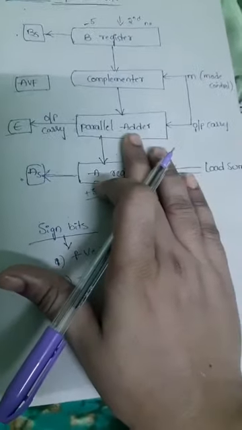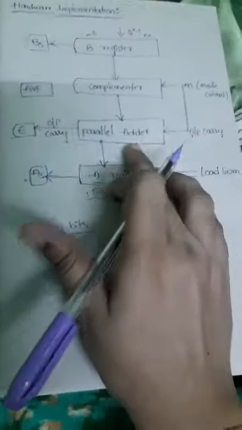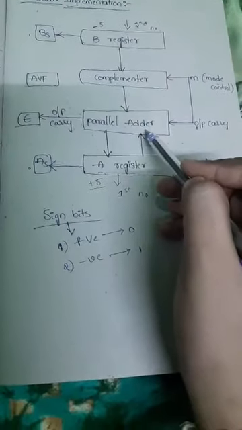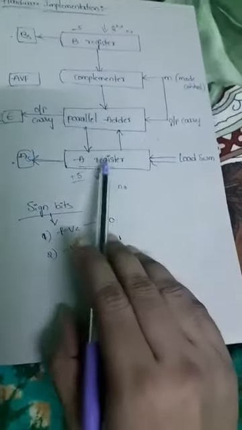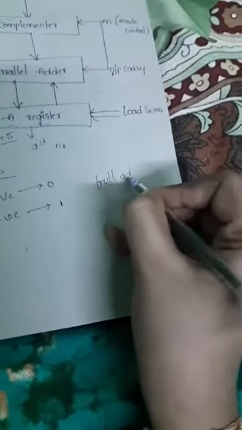Here we are using one parallel adder. We know the advantage of the parallel adder: by using it we can add two binary numbers. What is meant by a parallel adder? Its advantage is that we can add two binary numbers. A parallel adder is nothing but a collection of full adders. Remember that.